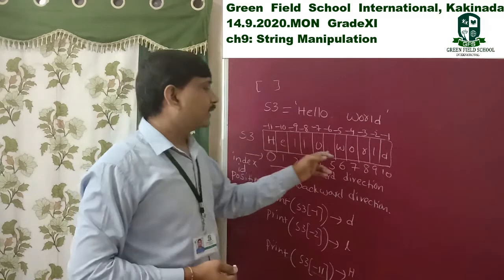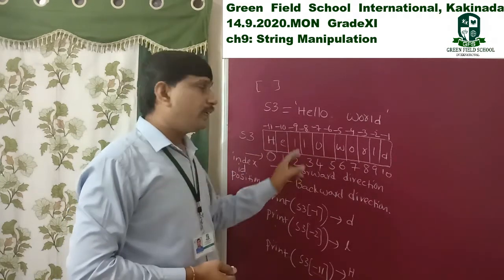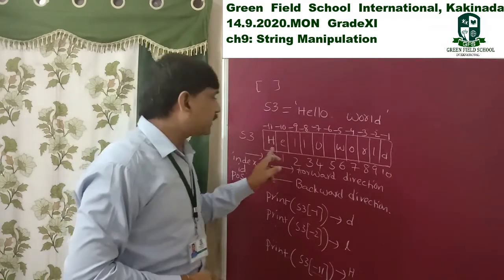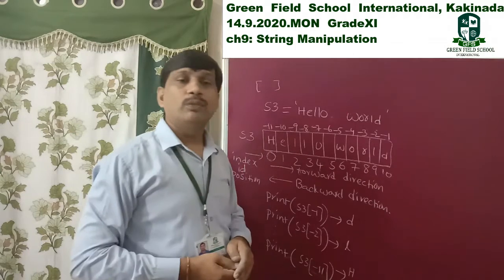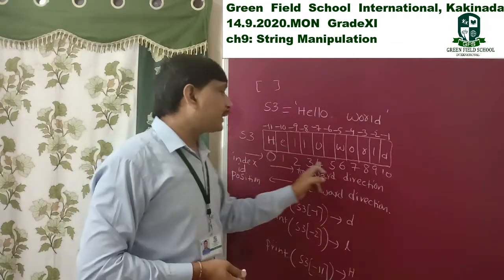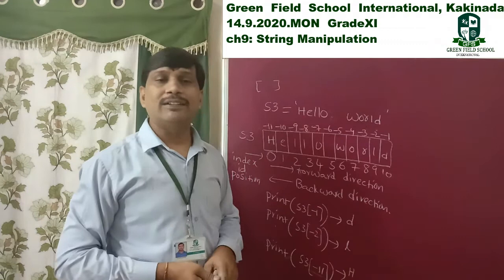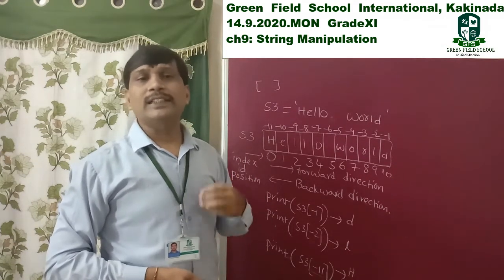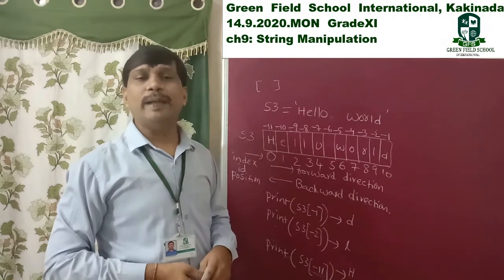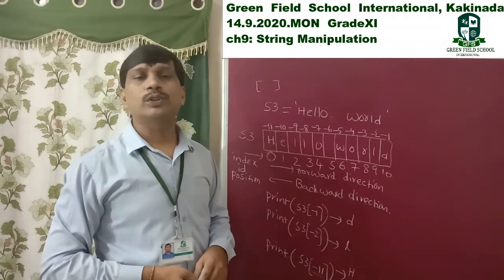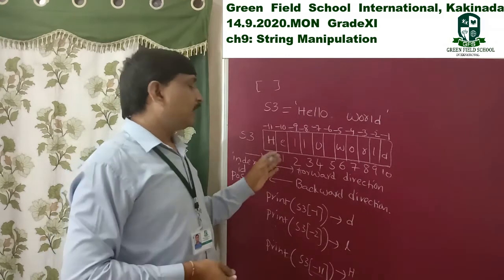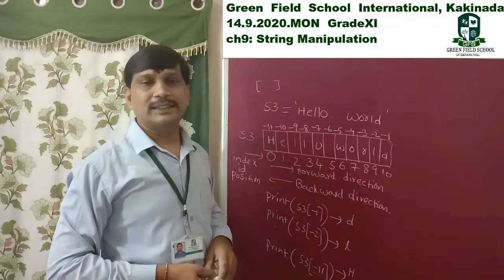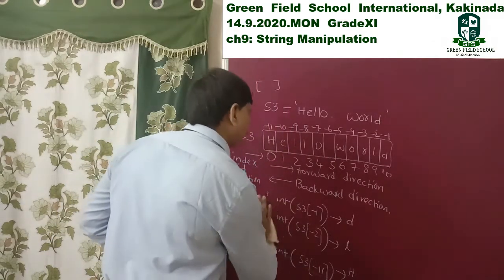Then we access each and every character, printing individually by using these indexes. So iteratively we access starting from this to this one. We use a for loop, and 10 times we access each and every character iteratively. When we perform some action iteratively, we go for loops, a for loop or while loop. I write here one for loop to access these characters.